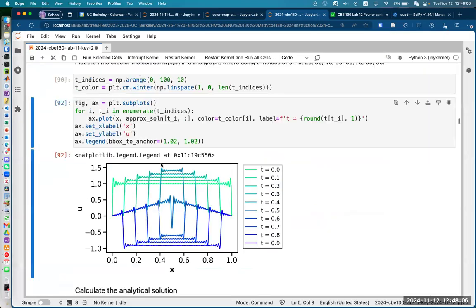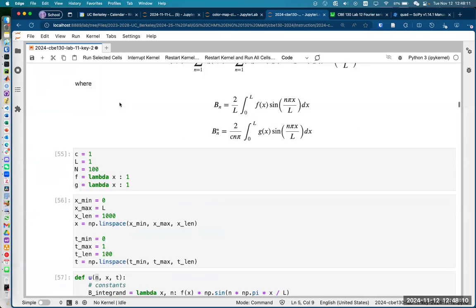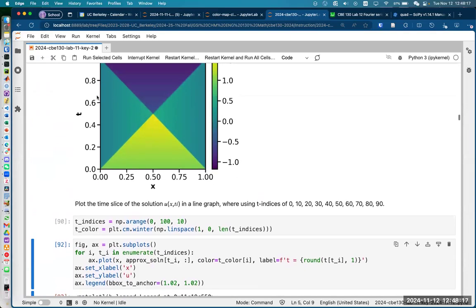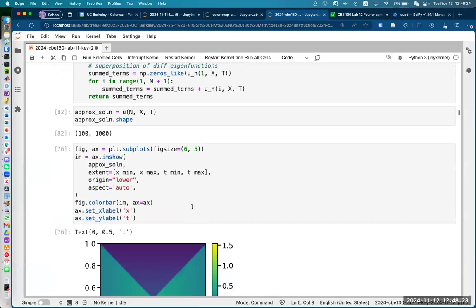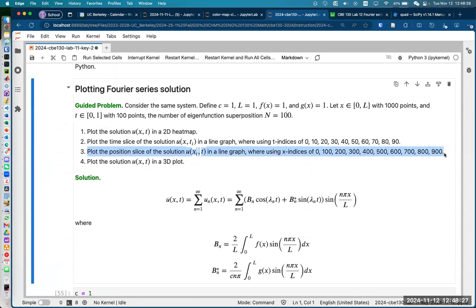Good question. And here are the time slices, but we can also do position slices. So these time slices are cutting horizontally when we look at particular times. So I'm slicing here, here, here, here. But what if we cut vertically? So that will be the position slice. If I cut the position slice here,